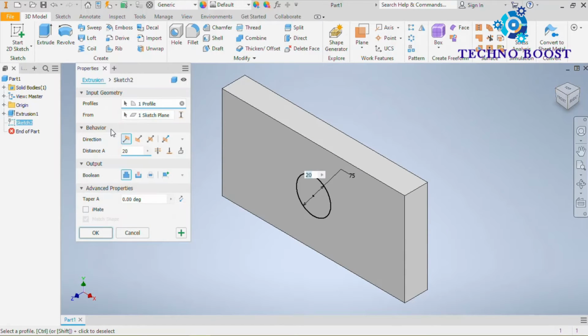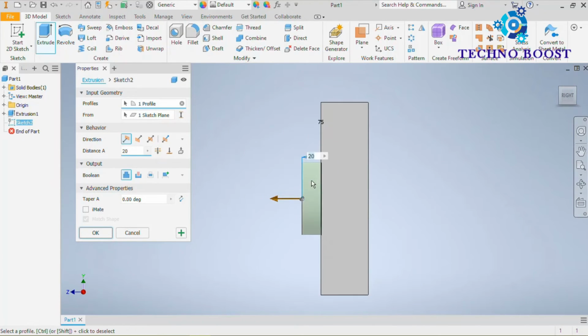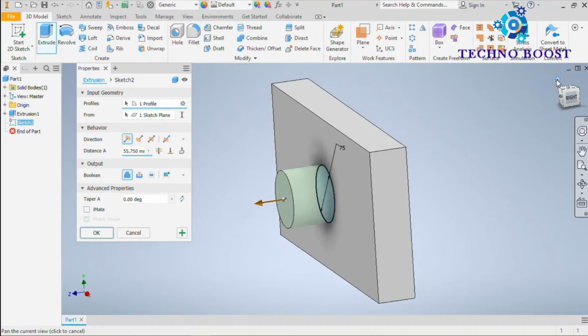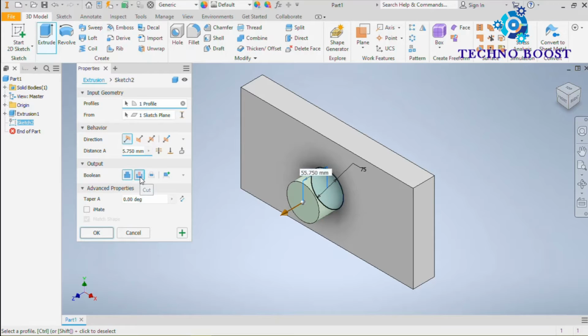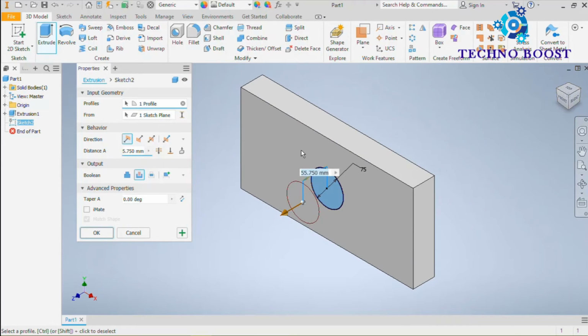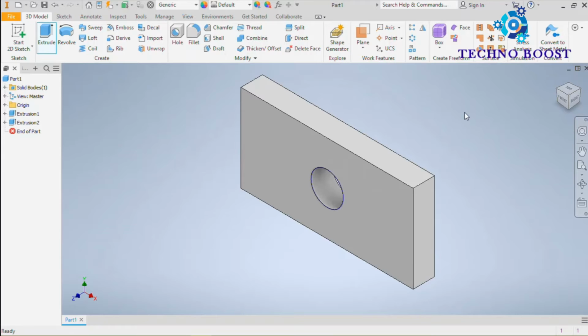Then go to extrude. Here you can see this is join, which means it will be extruded. Okay, this is cut, extrude cut, to cut the part. Okay, reverse the direction, click OK.